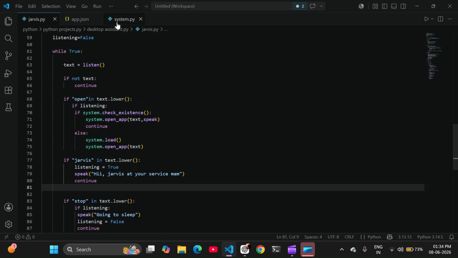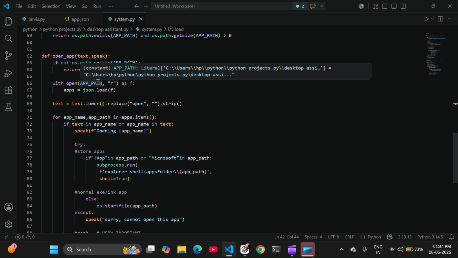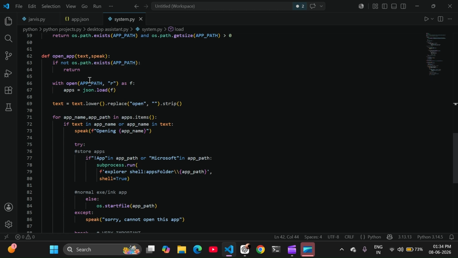First of all we will check if not os.path.exists, if the path does not exist, it will return. With open, it will open the app. The app path is what? The JSON. It will open the JSON in reading mode.